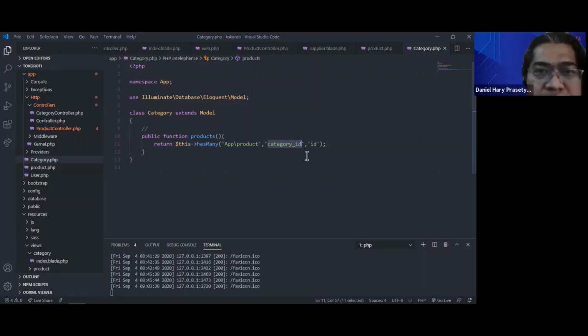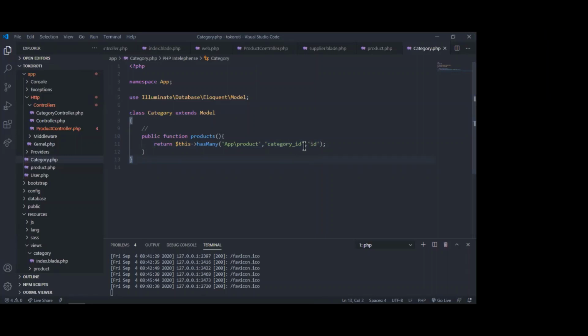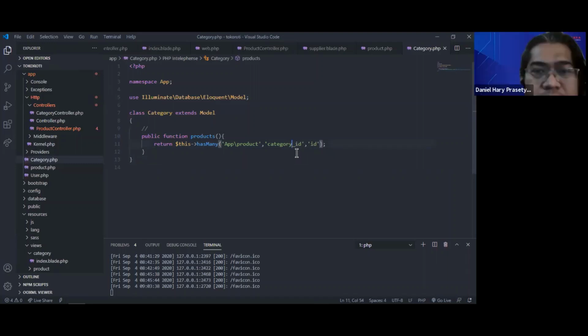Category ID. I think not. Oh, this one. Can you just put the product model with capital P?